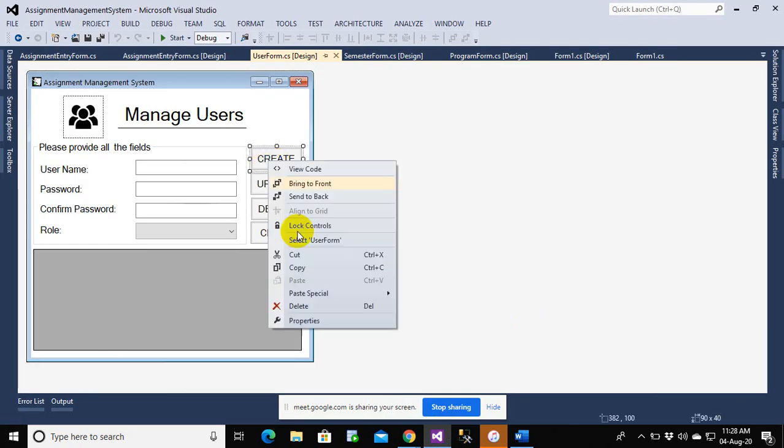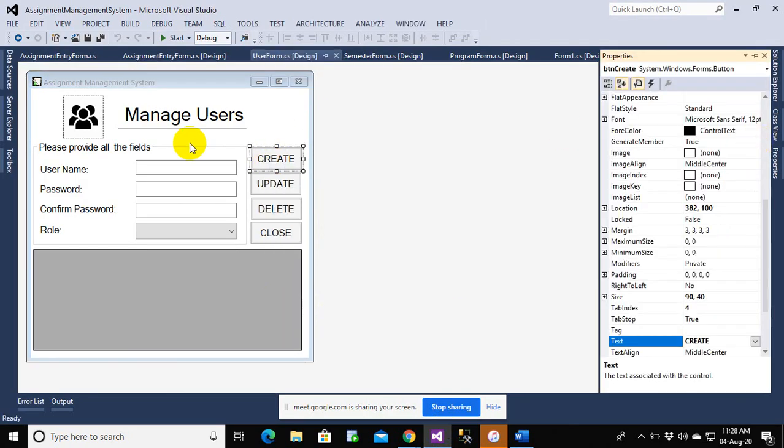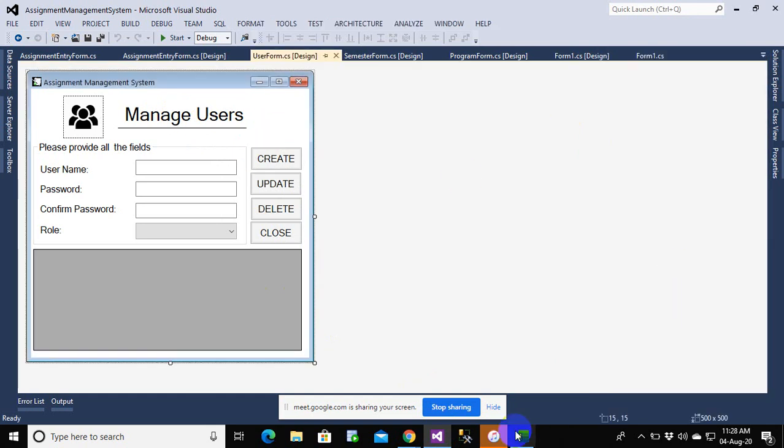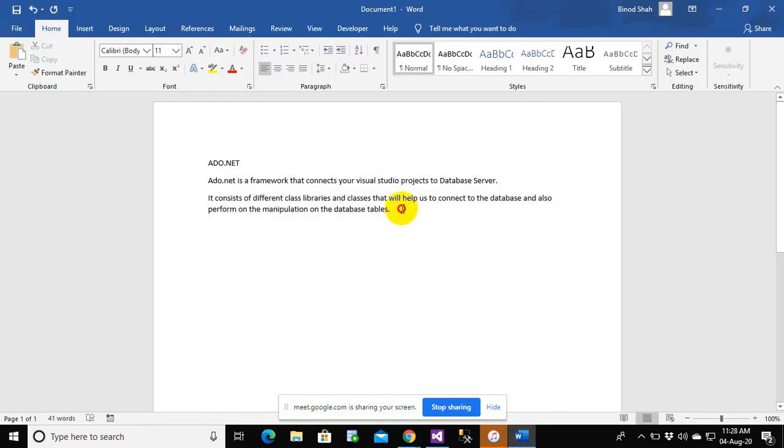So let me see if I change the name. Okay, this is all changed name. So now ADO.NET has different classes. Although it has different classes, there are some classes that we'll be using. Among all these classes, we will be using SQL connection. We'll be using SQL command.